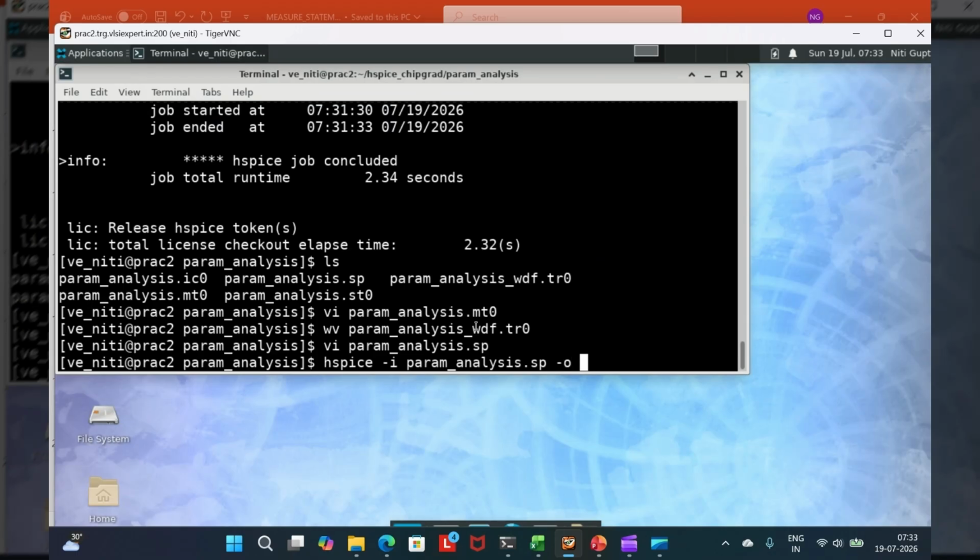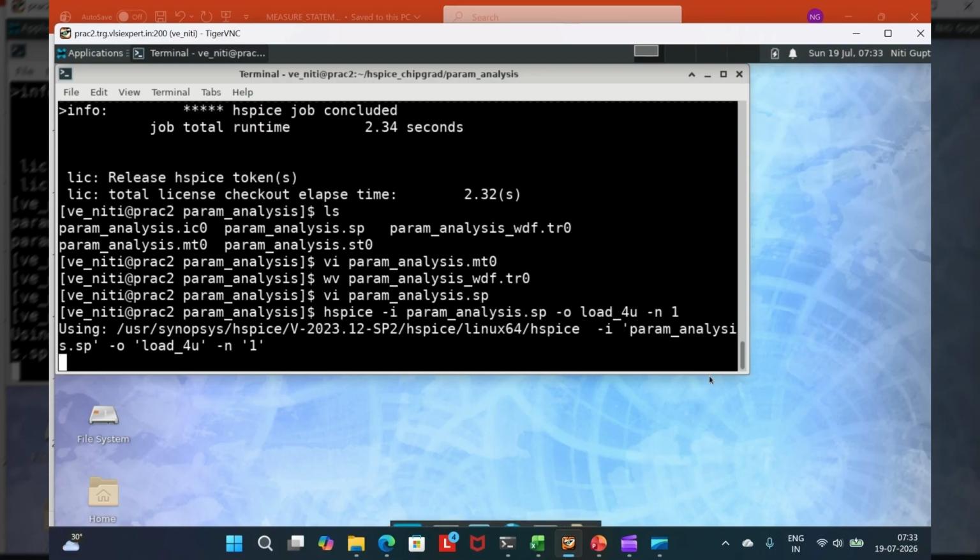So what I do is, load_4micron, that will create, minus n 1. So basically I'm saying create all the files with the name load_4micron, just to differentiate from the 2 micron files. And I'm saying give the number, you are using 0 here, so now because I have given minus n, it will give me 1. So let's run this.